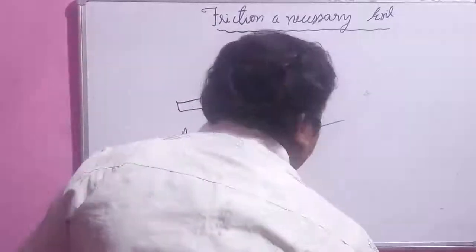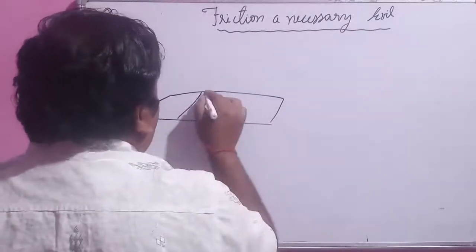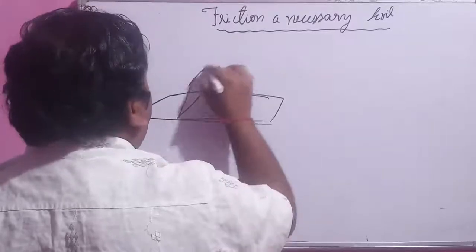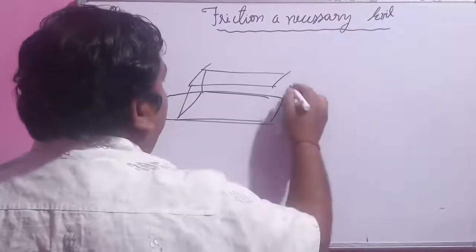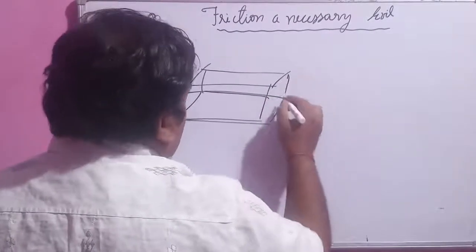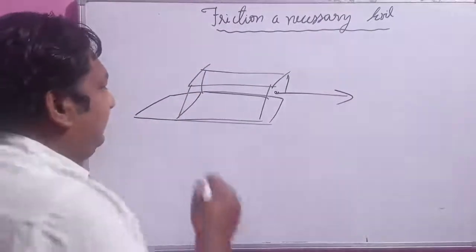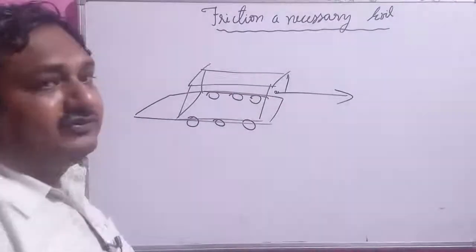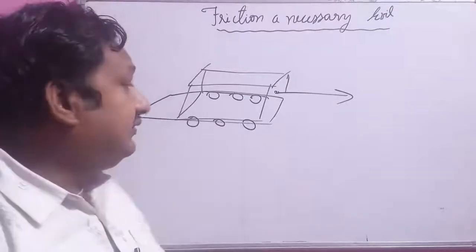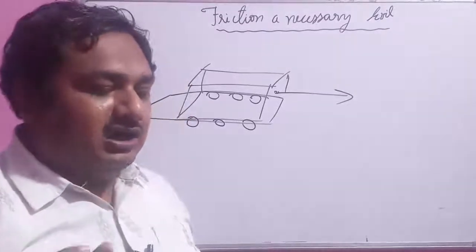Now, if you compare, suppose you have a suitcase, and you want to test whose friction is more, you have to slide this suitcase on a surface. You will feel that more energy is required, and instead of sliding, if you have a roller like that, you will feel less friction or less force is needed. Why? Because the roller can perform a motion in such a way that it reduces the friction to a very good extent.